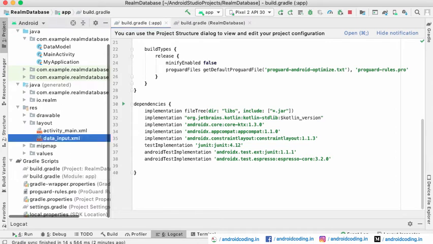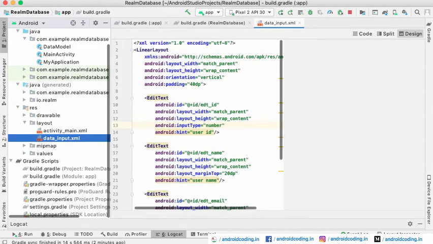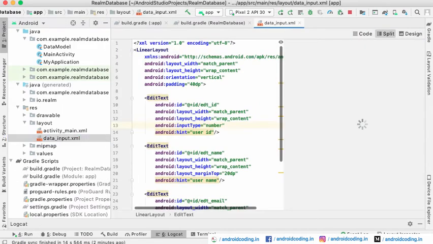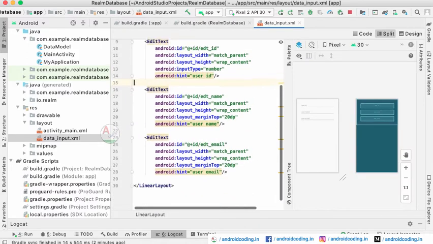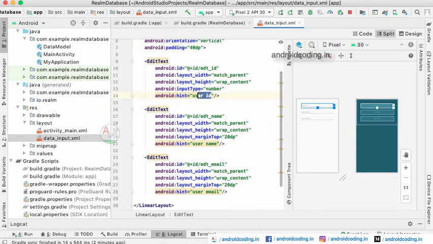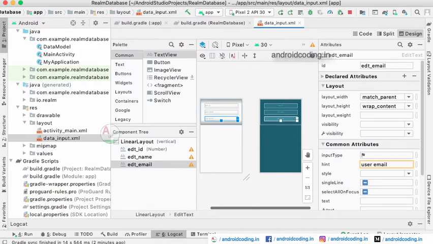Later, let's get to see our design. Here I have created a small form for user input. You can see we have taken three edit texts: one for user ID, name and email. You can clearly see these three in the design section.